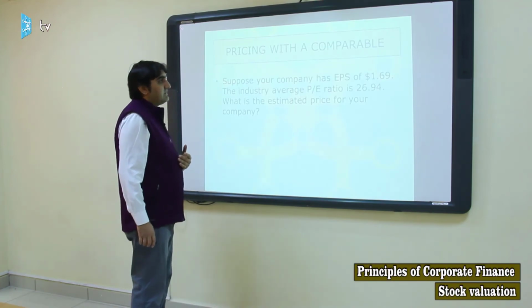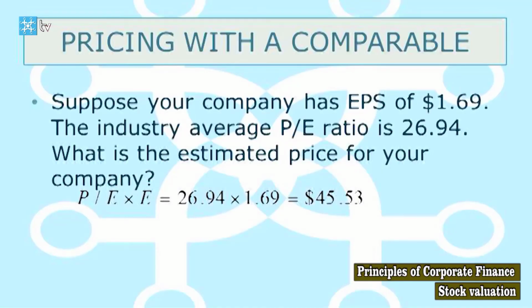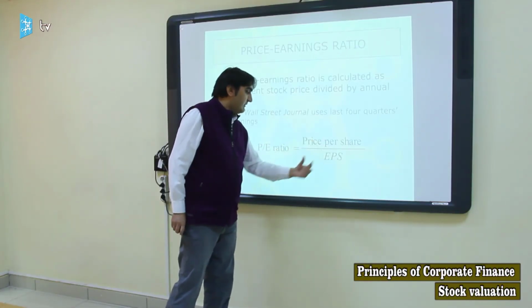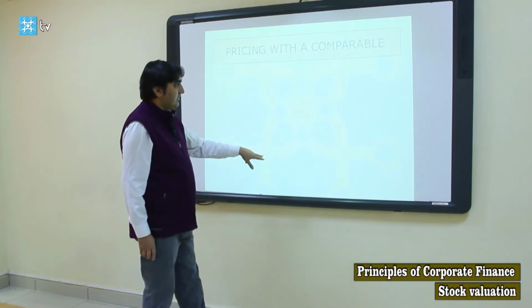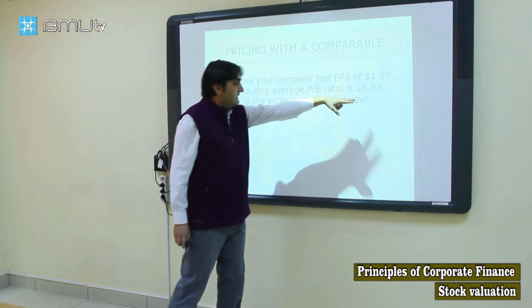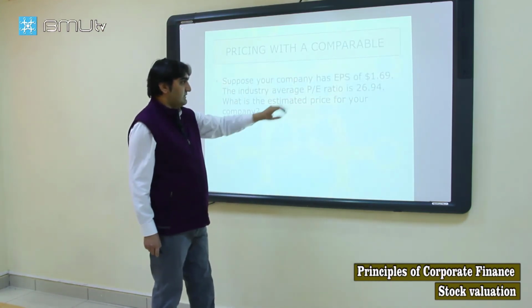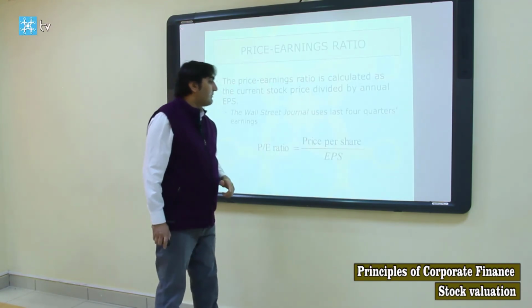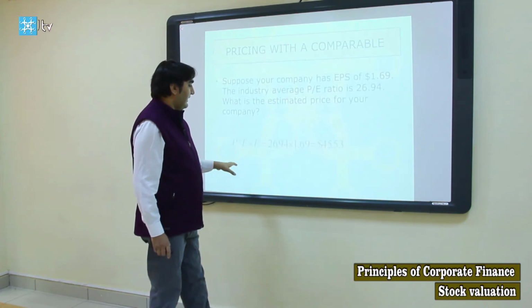Suppose your company has EPS of $1.69. The industry average PE ratio is 26.94. What's the estimated price for your company? PE ratio equals price divided by EPS. We have a PE ratio of 26.94 and EPS of 1.69. Multiplying these indicators, we get the price per share, and we get